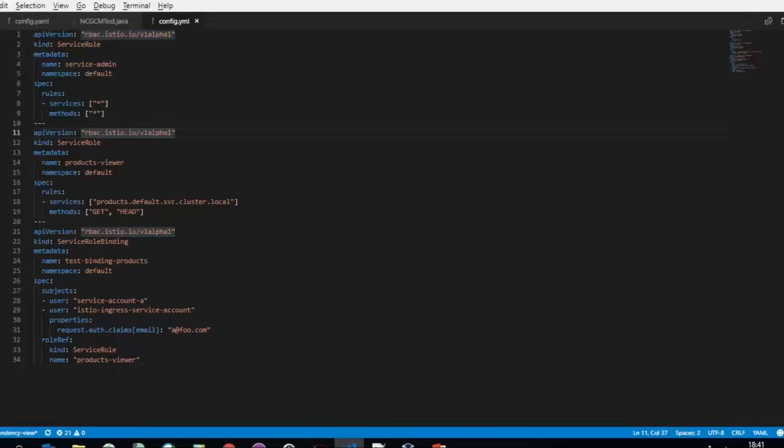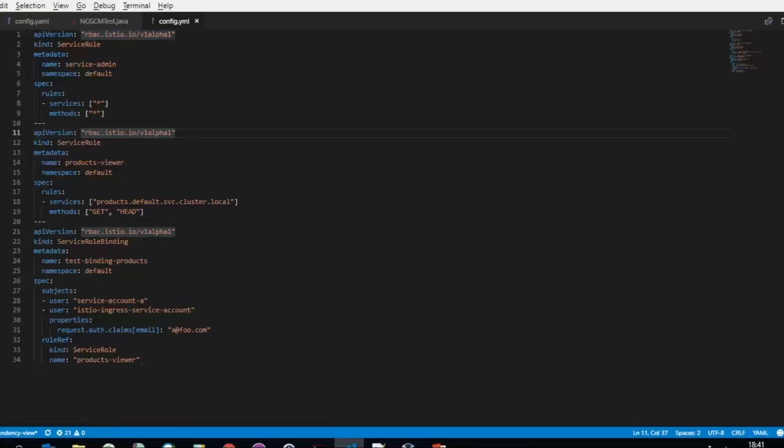Now this bottom section of the configuration defines what is called a role binding. The role binding binds a role to a set of principals, a set of people, a set of services who can perform that role. We can see here that there's a number of subjects listed, and we have user account, service account A, and also user service account ingress, which also has properties with claims in.